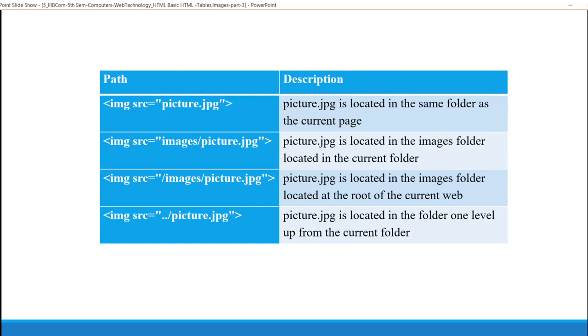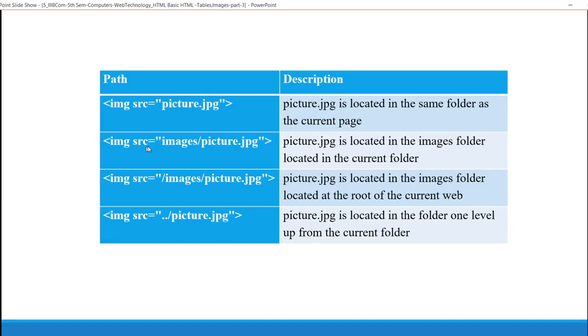If you observed the images that I ran in our browser, the image directly picture.jpg, I have given rose.jpg, b1.jpg, elephant.jpg, etc. This source provides the location in the same folder as the current page.